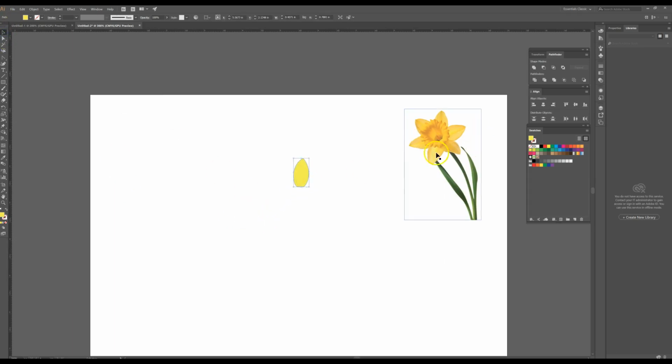petal. So if we look, daffodils have 6 petals. So I'm going to hold down the Alt key and I'm going to make 6 petals. All right, not bad. So in order to place these,